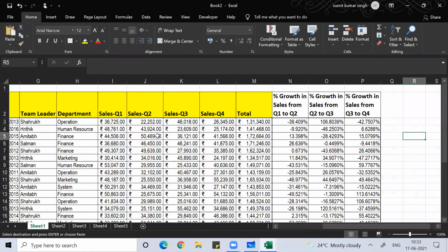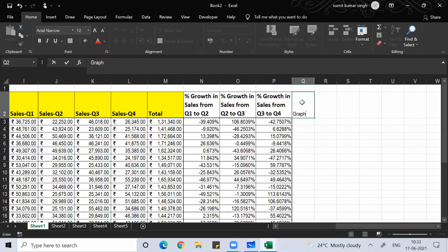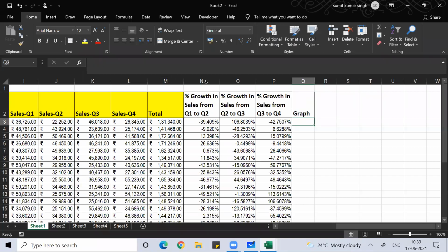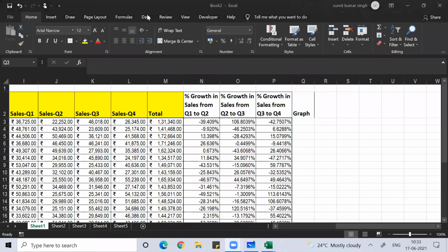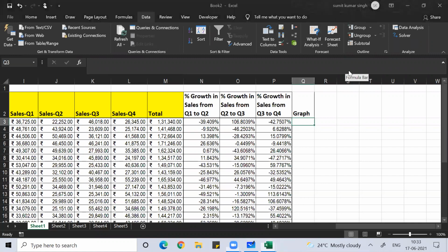if I want to see the trend in the movement, I can plot a graph that can be plotted cell wise. If you see under data, you can find something called sparkline.